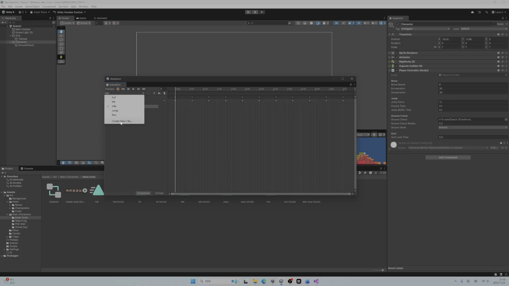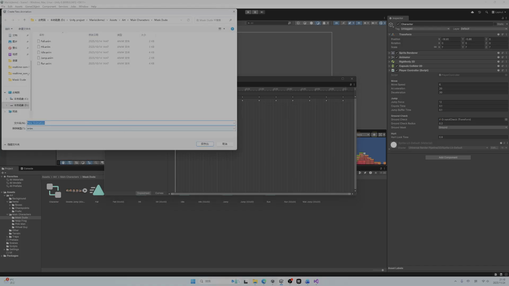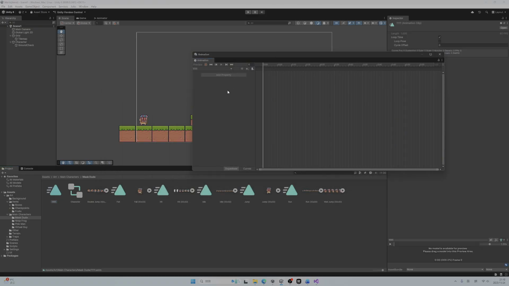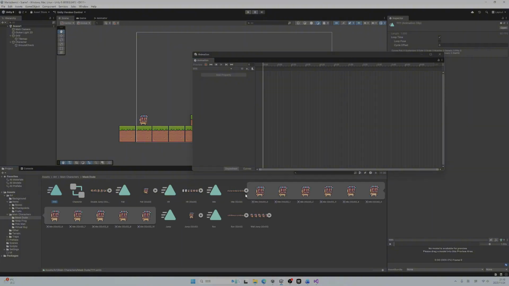Now we create a new one and name it. So for example, I will make an idle animation. So we take these frames and select them and drag them into